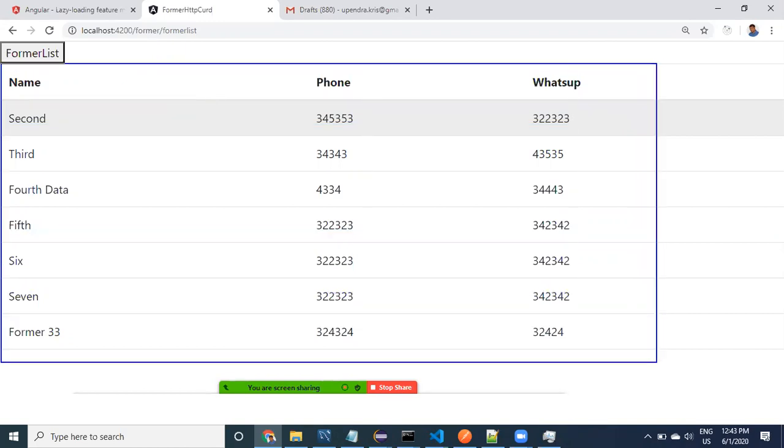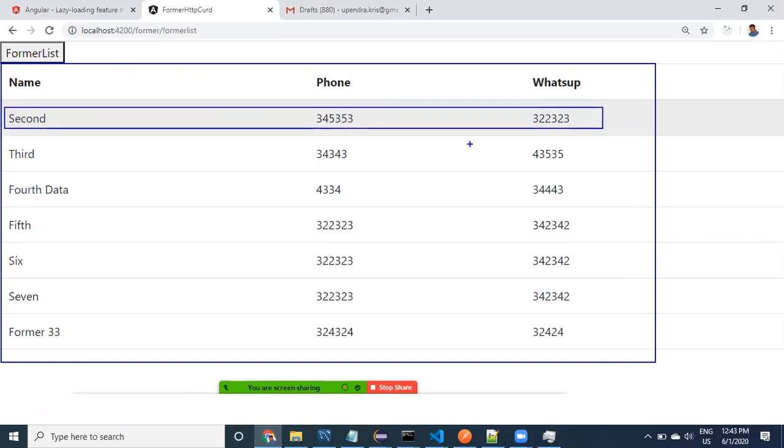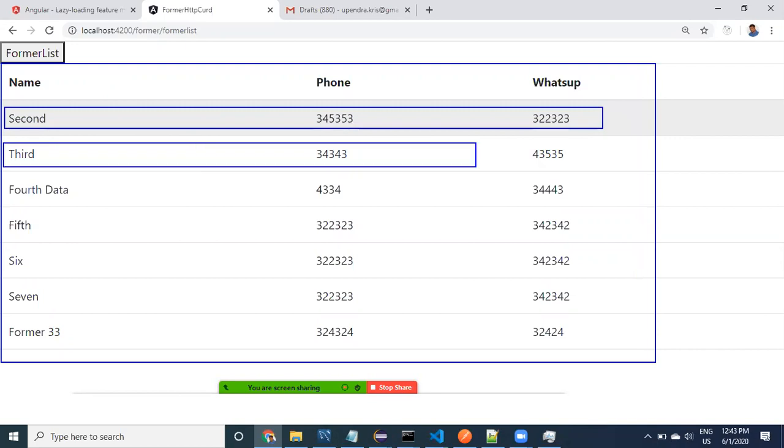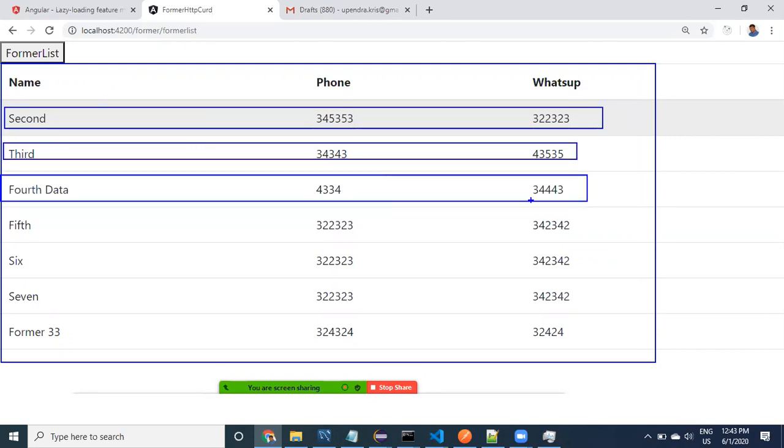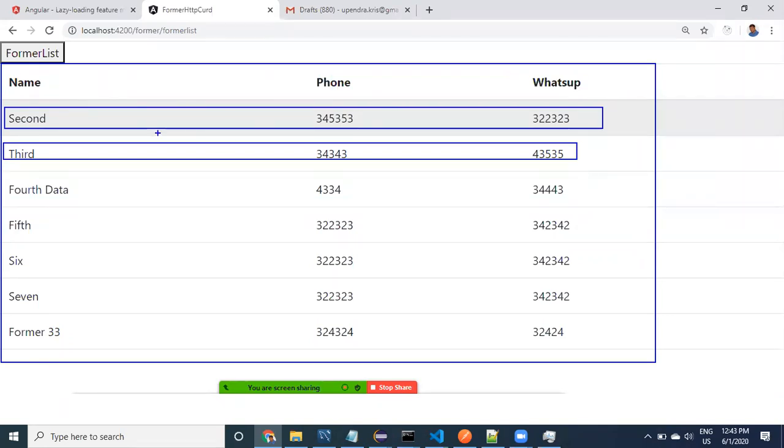Now, whenever you click on any particular link, any particular data, whatever TR we have, on which it has been clicked, it will go to one particular page. It has to go to one particular component.